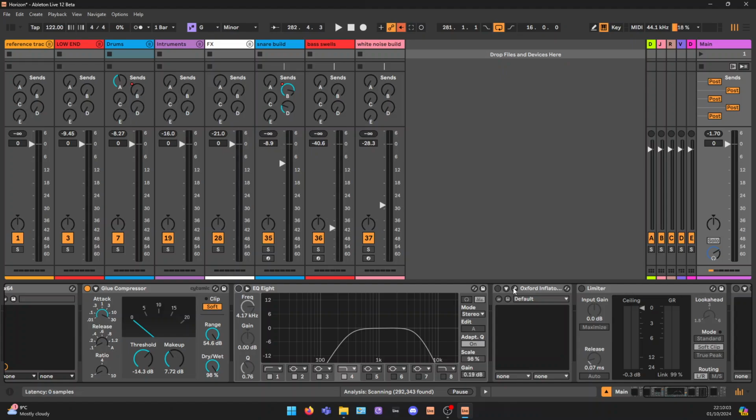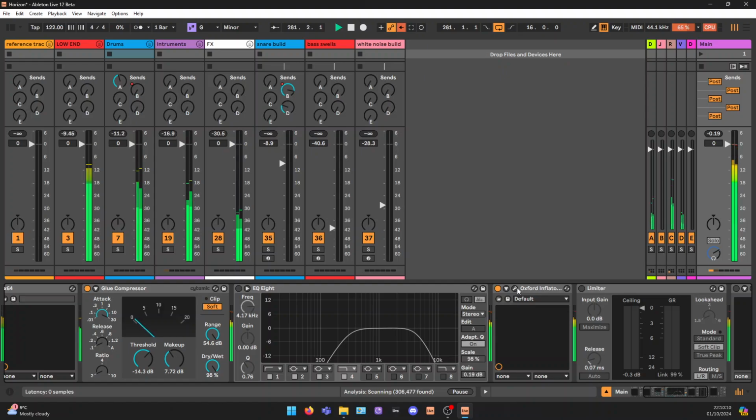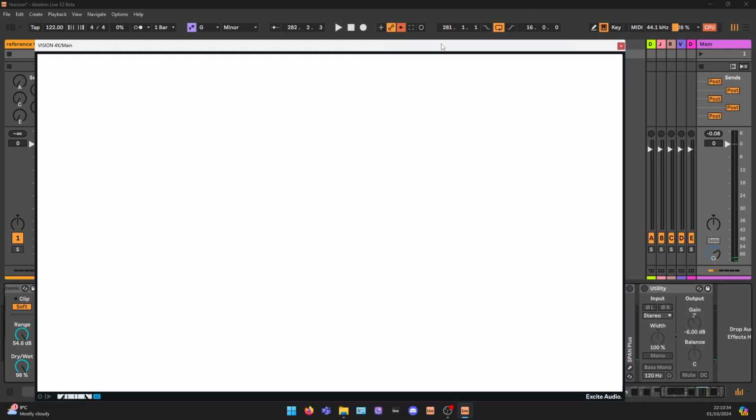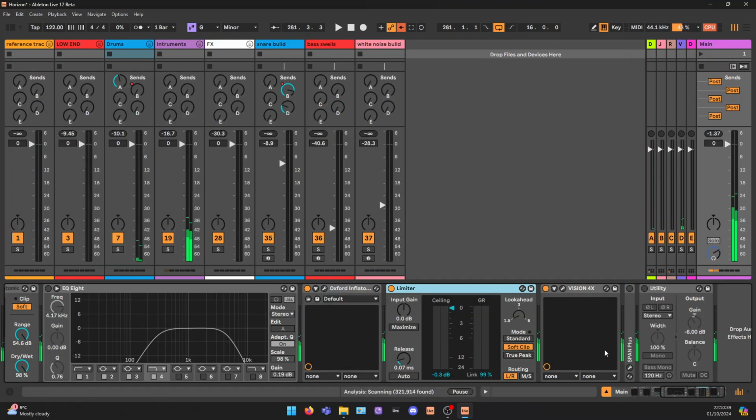And then it goes into an Oxford Inflator, which is like a maximizer. It just adds some saturation and volume, and then a limiter to just control the peaks, because we don't want to blow up the whole universe. So it's just to control the sound. Yeah, that's the last stage, and those are just references, just to check the frequency of the track,